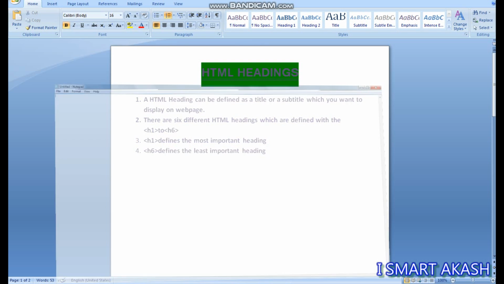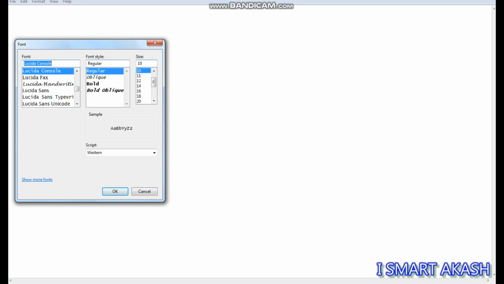Let's write the basic syntax of HTML. HTML, head, close tag head, title, close tag title.